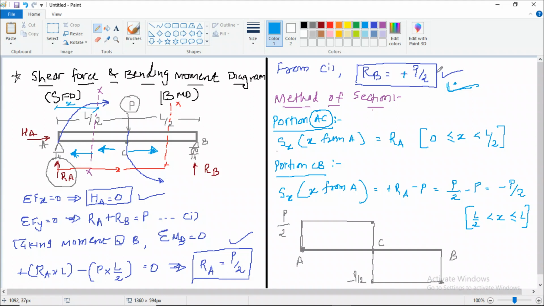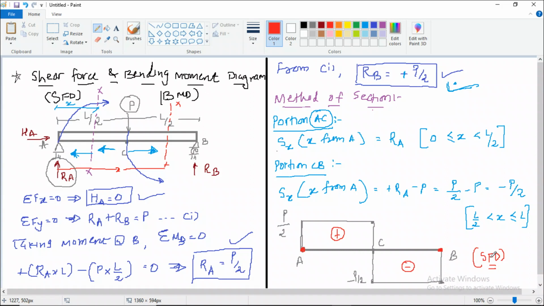So as you can see the diagram, we started from point A and we have ended at point B. It has to end at the baseline whenever we draw the shear force diagram. This is the check. If it is not ending at 0, that means you have made some mistake in the calculation of shear forces. So the above part will be termed as positive shear, below part will be termed as negative shear. So this will be your shear force diagram. This is how you draw the shear force diagram.